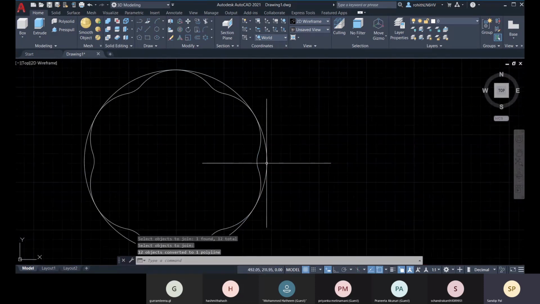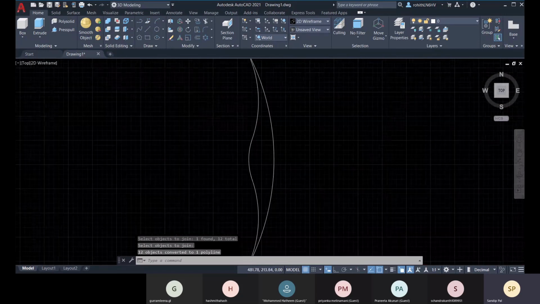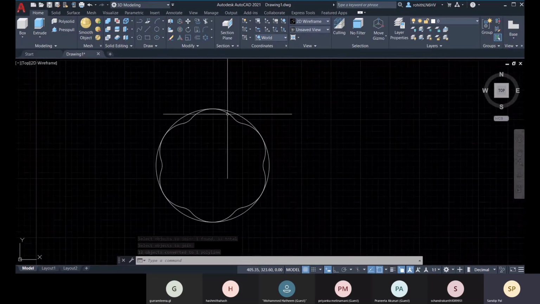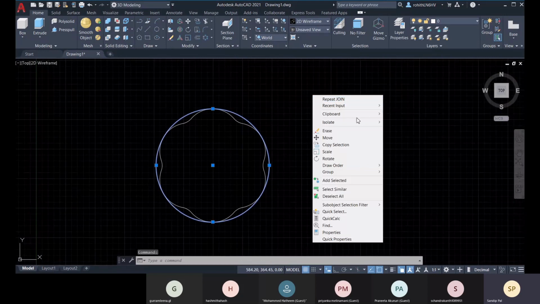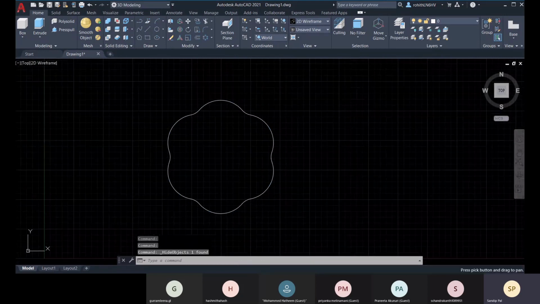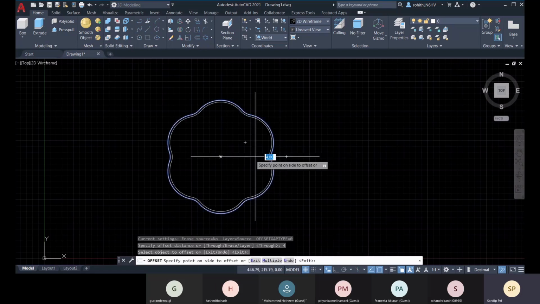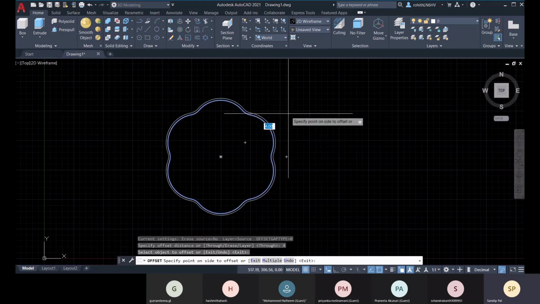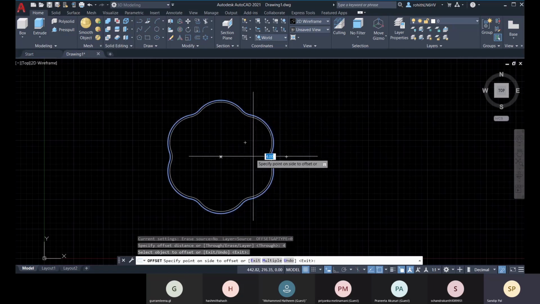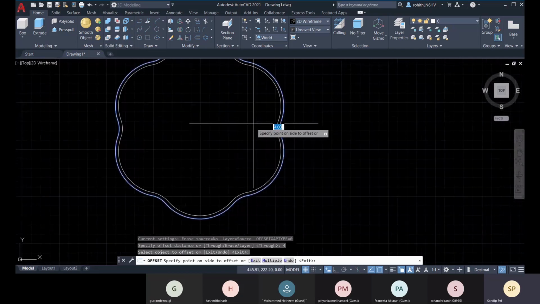Go for enter. That is done. And now I can hide this one. Now what I'll do, I will offset, and the offset value will be like 40 mm or 4 centimeter. You select this, and you can go for outside or you can make it inside.